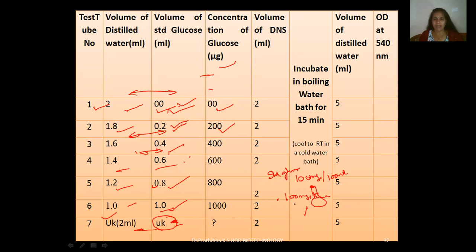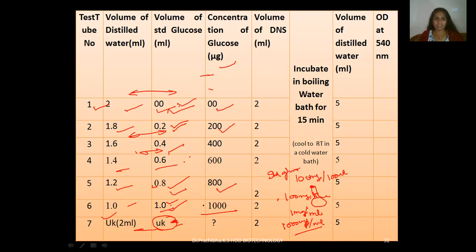I told you in the previous slide, 100 mg means always you calculate per ml. So 100 mg in 100 ml means per ml how much? 1 mg. So always convert this mg to mu g, that is 1000 microgram per ml. In 1 ml of the glucose, 1000 microgram of glucose is there, right? For 0.8, how much? Cross multiplication. In 1 ml there is 1000 microgram glucose, so for 0.8 you'll get 800 microgram.